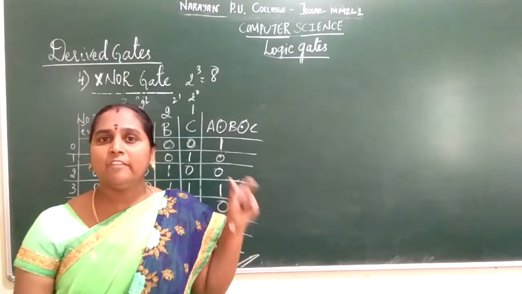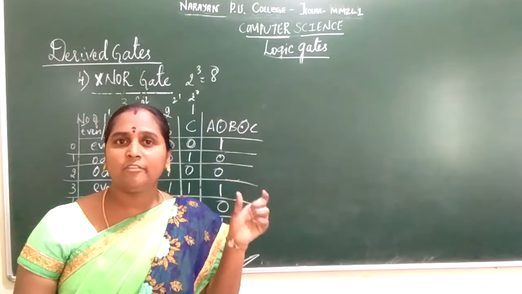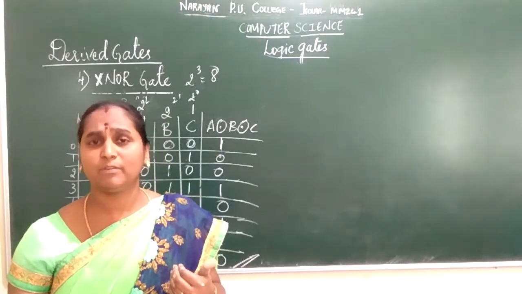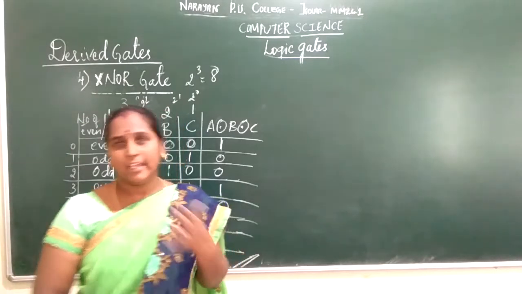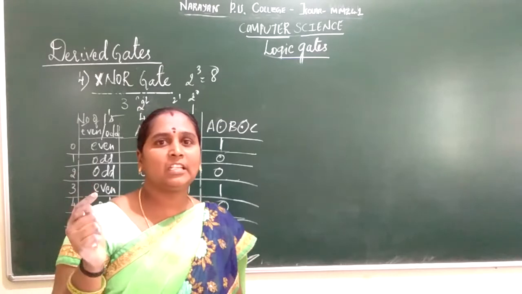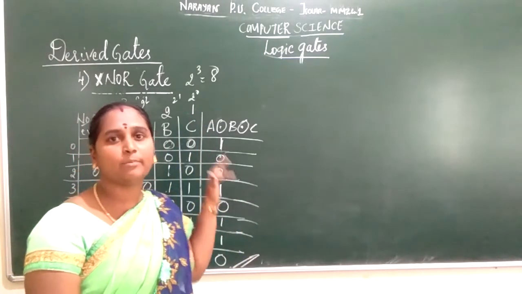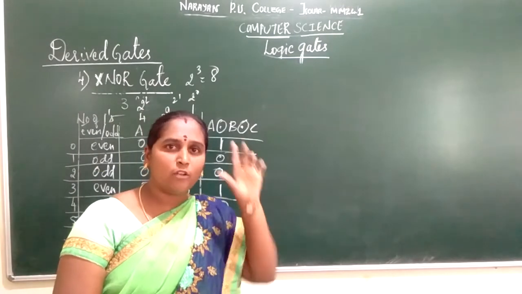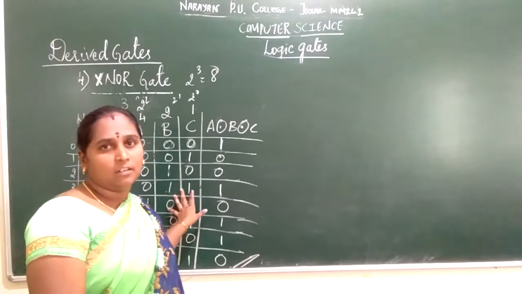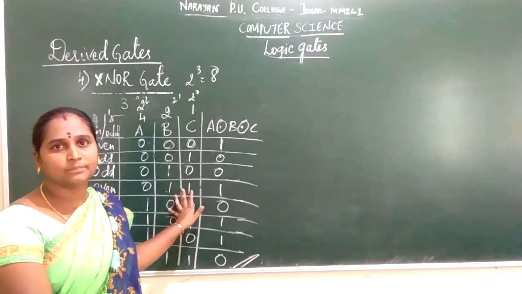If you have an even number of ones in your input signal, then the output signal will be 1. And even if all the input combinations are low voltage, then the output will always be high. Just quite opposite to your XOR gate, that we call the XNOR gate. So we have discussed 2 input signals and 3 input signals, and for 2 input signals how it is derived, that is (x bar plus y) into (x plus y) all the bar, we have seen. Next topic we will go to the logic circuits or circuit diagrams of your logic gates.